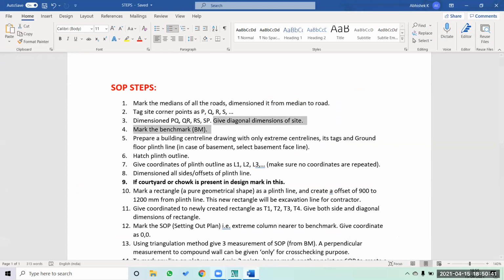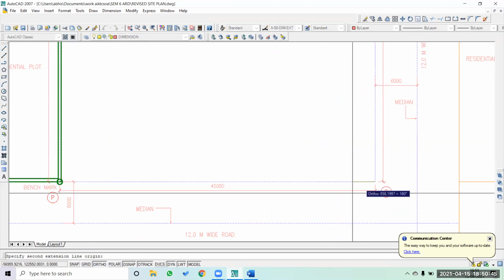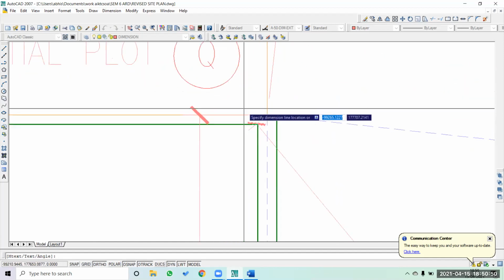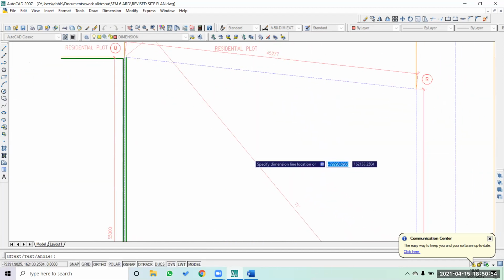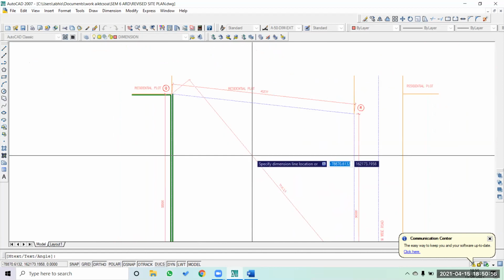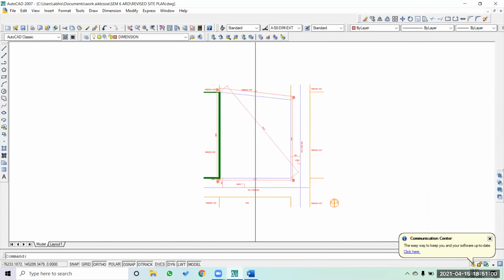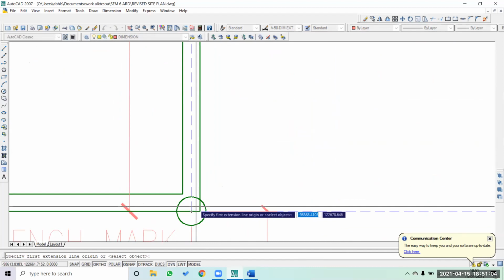Now we have to give the diagonal dimensions. While doing so, make sure that you are keeping these dimensions slightly far from the space where you are going to put your building.